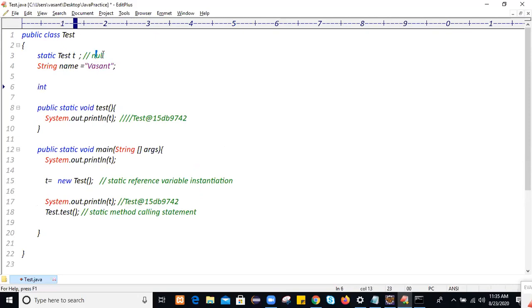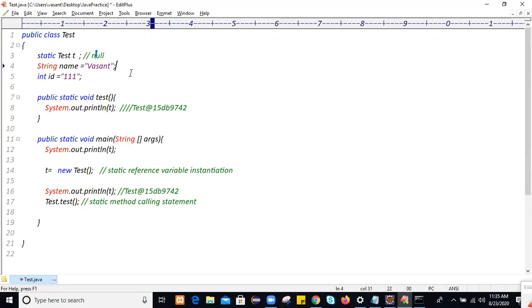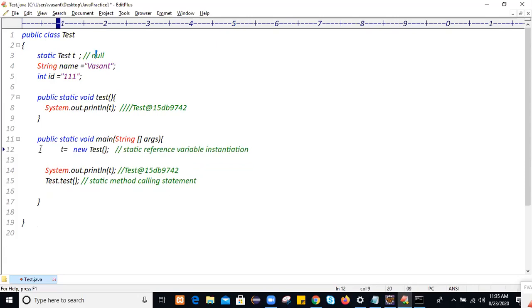In a static area you always have to access instance members of the class by using object creation, but once you create a reference at class level, you can use that reference throughout the class in any area.